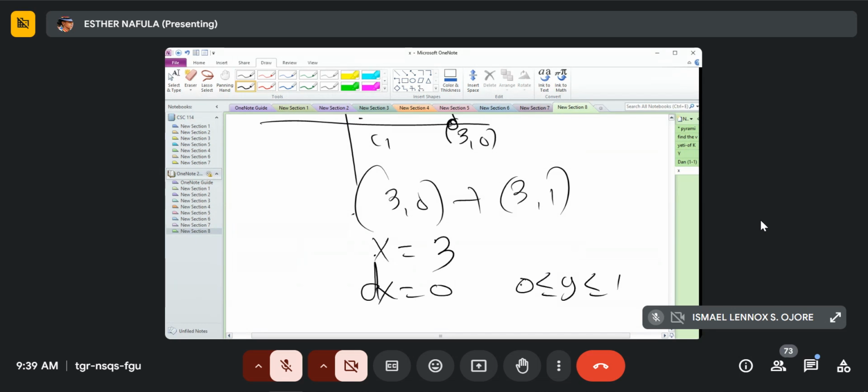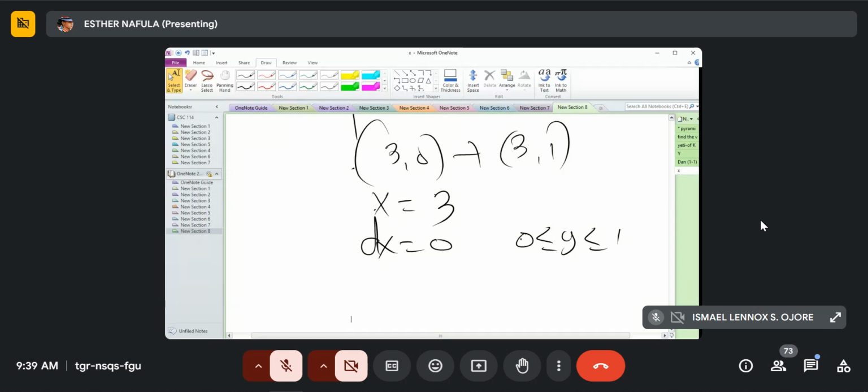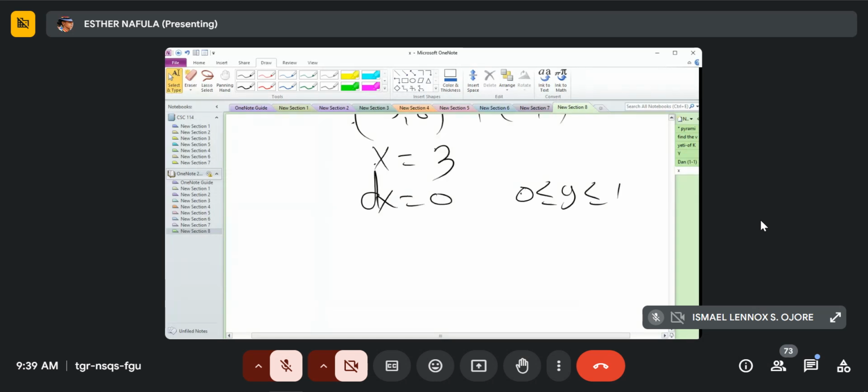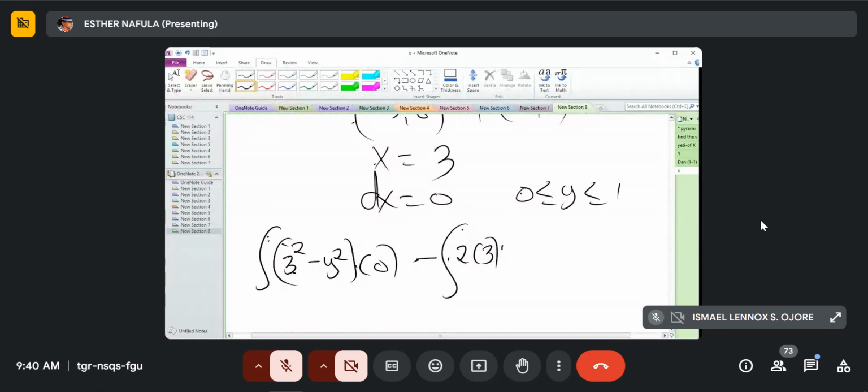So you'll evaluate the integral with respect to the variable y, with the limits being 0 and 1. In place of x, replace with 3. dx, replace it with 0. So we go back to our integral. So we will have x squared minus y squared. x is 3, so 3 squared minus y squared. But dx is 0, minus 2xy. We integrate 2 times x, which is 3, times y dy